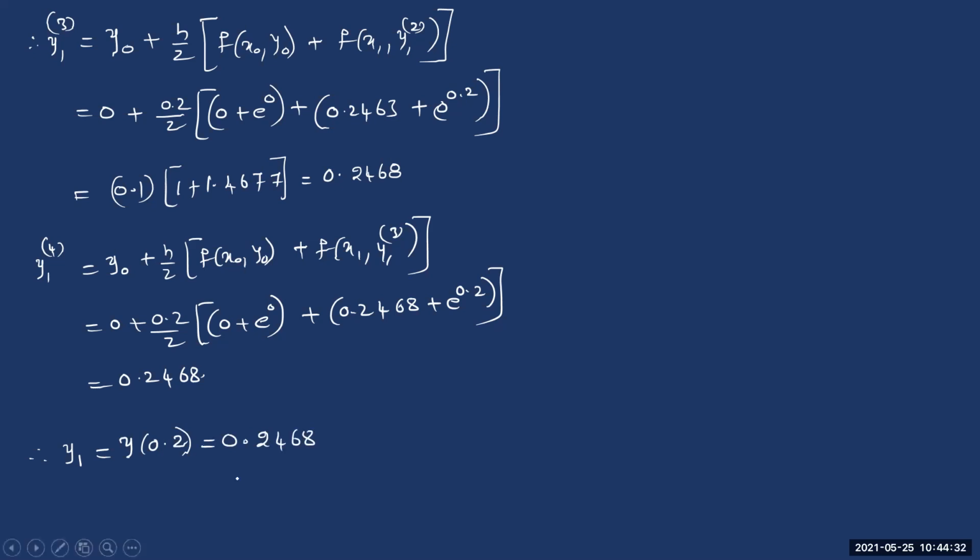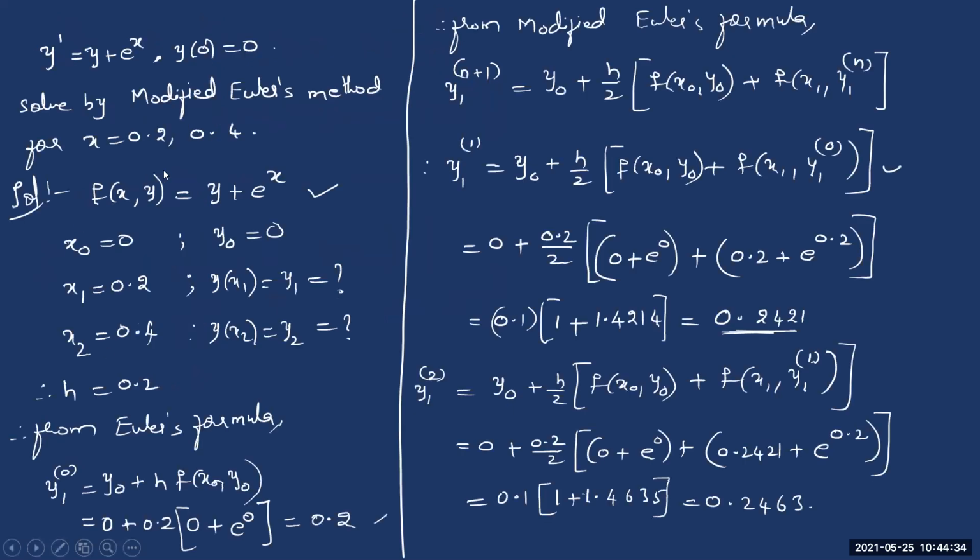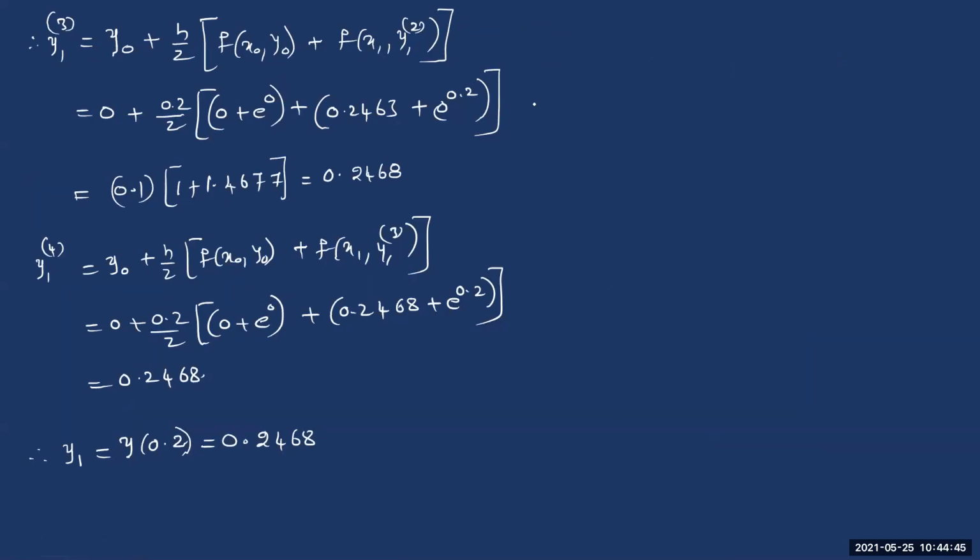Right? Now see, we got half of the problem. The question is to calculate the solution at both 0.2 as well as 0.4. We got the solution at only 0.2 now. So we need to repeat this whole procedure again at 0.4 also. Right? Let me write here. Now we got only y1. Now to calculate y at 0.4, which is y2, let me put a heading so that there will be no confusion. Now y2.